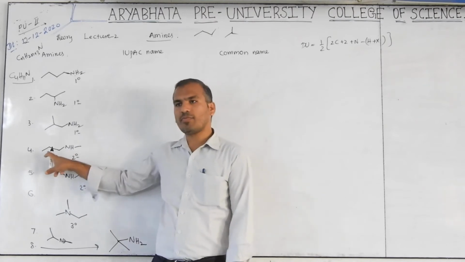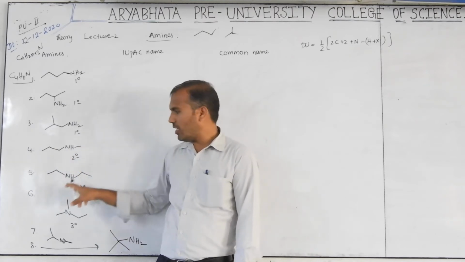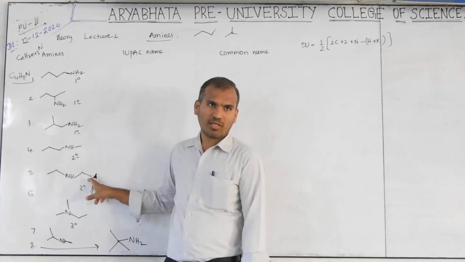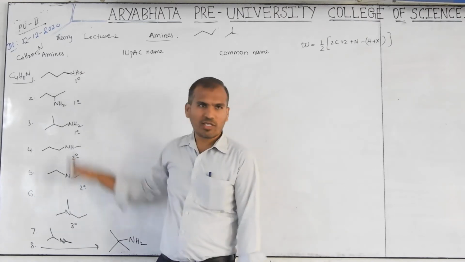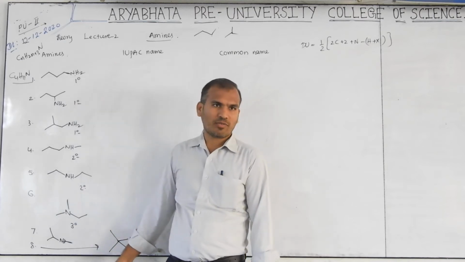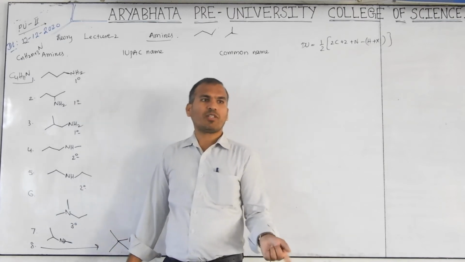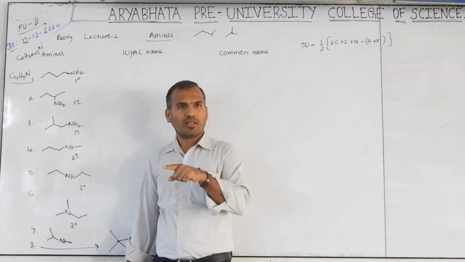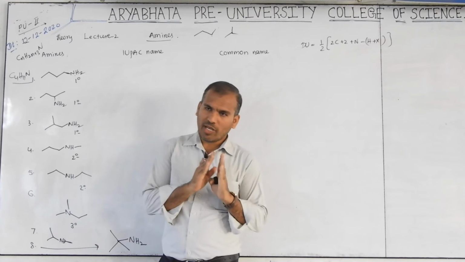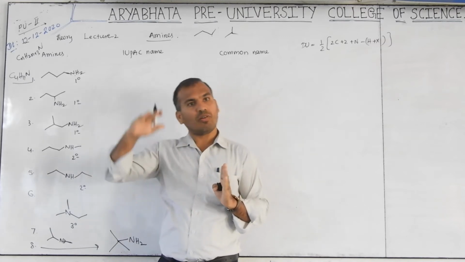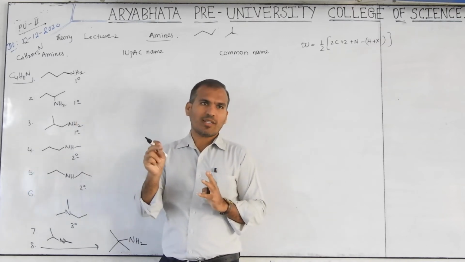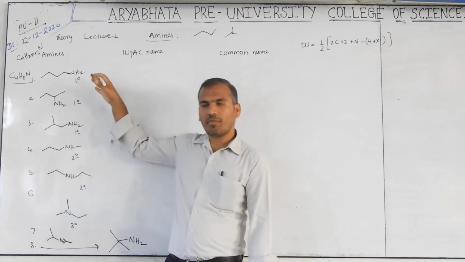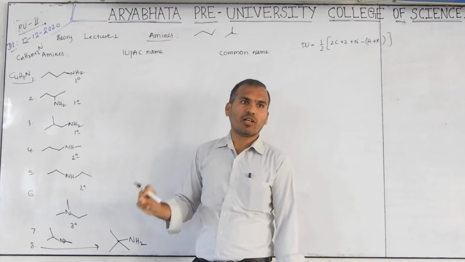This left side is propyl and right side methyl. Here ethyl, ethyl. These two are which one? Metamers. Okay. Then all these are functional isomers. 1 to 8 are functional isomers. Why? Primary amine is a functional isomer of secondary amine and of tertiary. Yes or no? Primary amine is functional with the secondary also, tertiary also. Secondary is functional with the primary, tertiary. So primary, secondary, tertiary all are functional isomers.